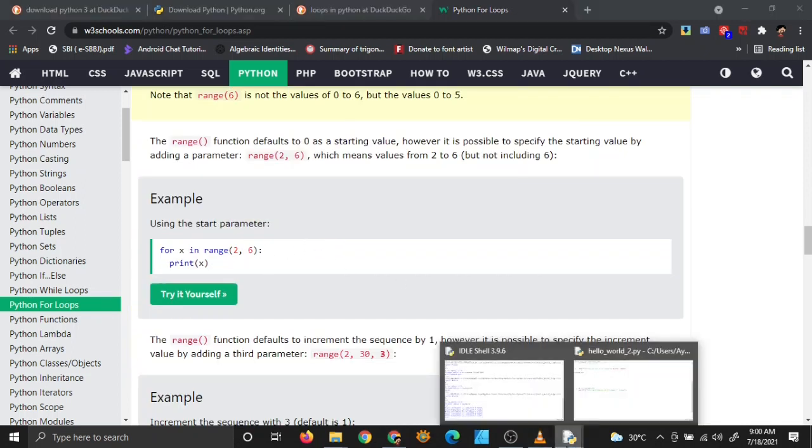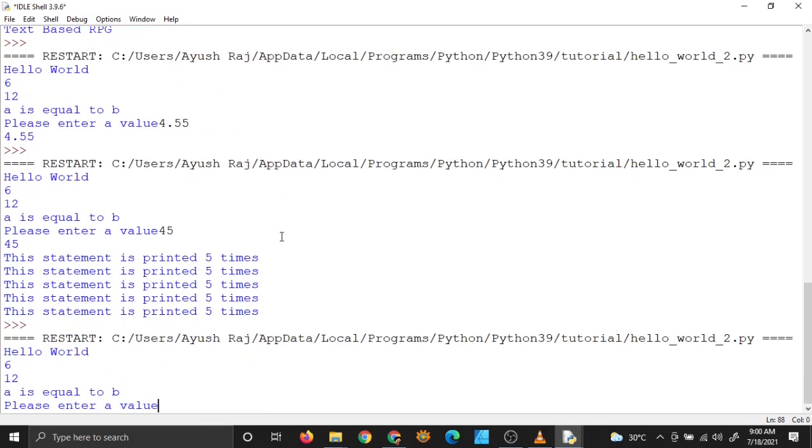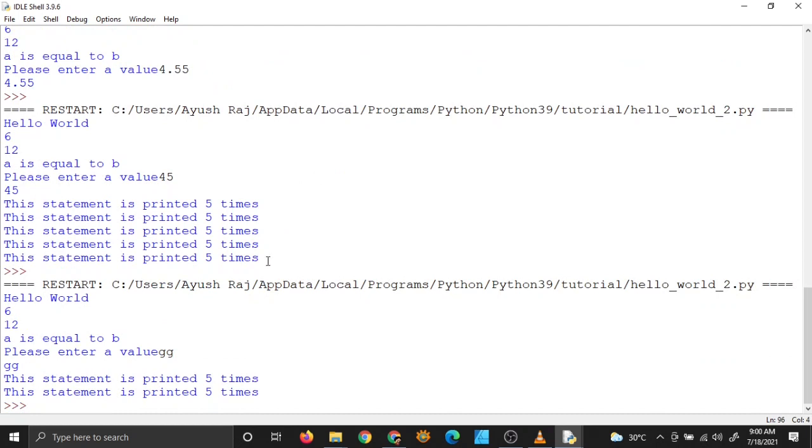Range statement is simply a statement that returns a range of numbers, starting from 1. If you put just one number here, if I put 2, 3 to 5, then it will print only 1, 2, 3, 3 times, 2 times.